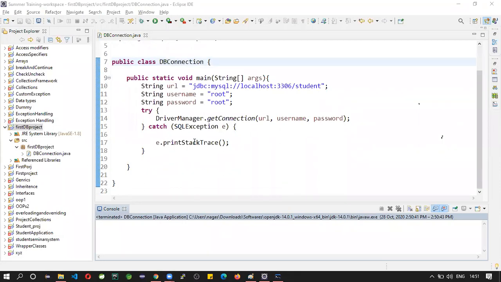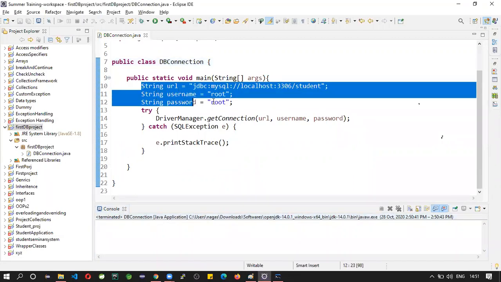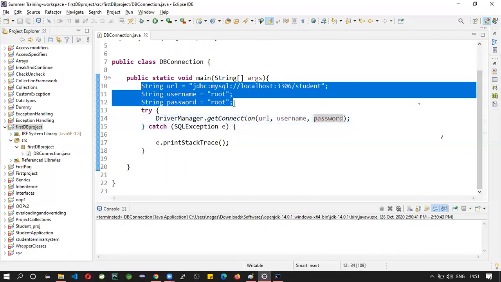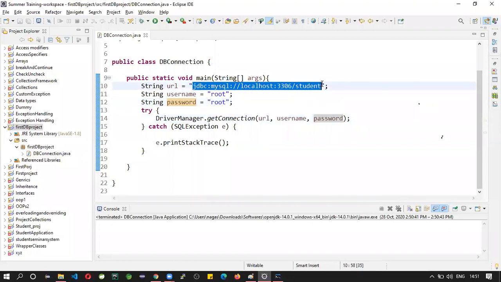You need not mention it like this. You can use it directly here also. Just for better understanding, I have written it here. Instead of this, you can take the Oracle driver also. But I don't have an Oracle database in my system, so I am working with the MySQL database. If you have an Oracle database, you can use the Oracle driver. The remaining is the same, whatever user and password we gave here.